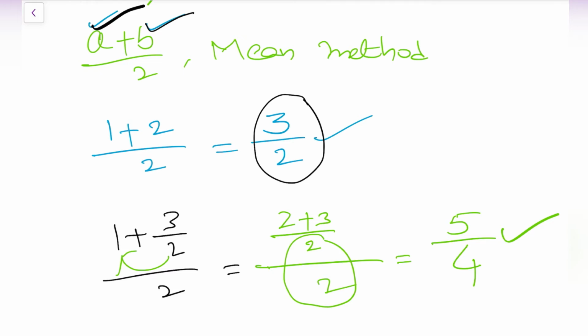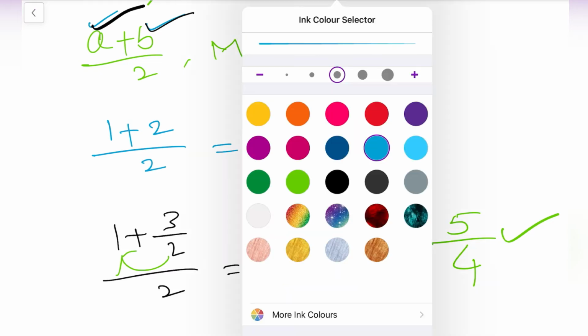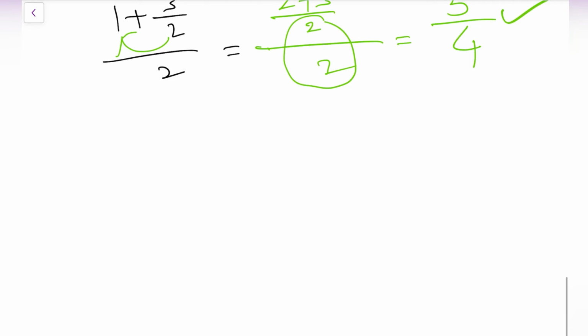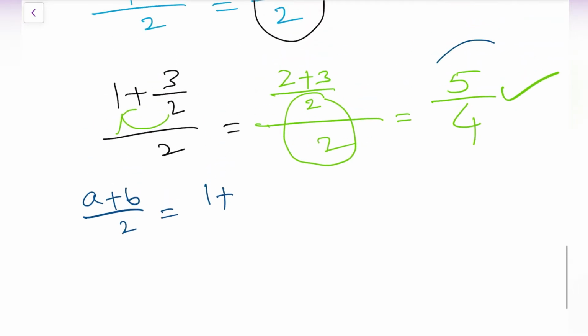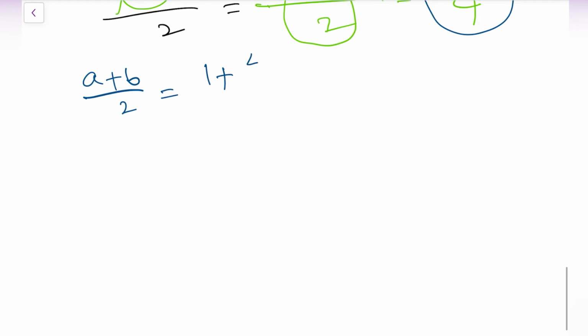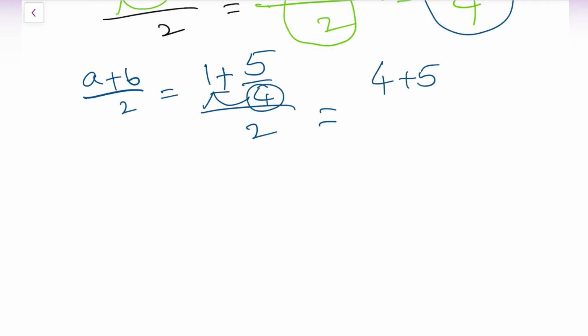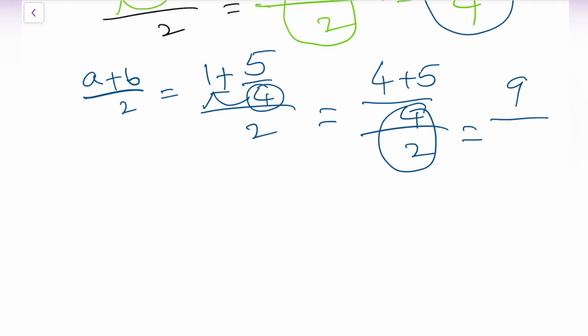Now, I am still not satisfied with these two only. I want one more rational number. Let us check it out again. Same formula, (a + b) by 2. In the place of a, I am substituting 1 as it is, plus in the place of b, which number did I get? That is 5 by 4. I will substitute 5 by 4, whole divided by 2. So 4 1s are 4 plus 5, divided by 4, whole by 2. 4 plus 5, 9. Here both denominators are there, so multiply those two denominators. 4 2s are 8. 9 by 8 is one more rational number which lies between 1 and 2.